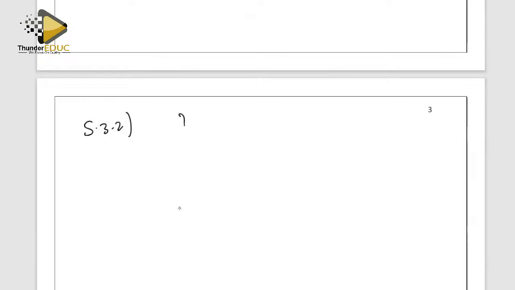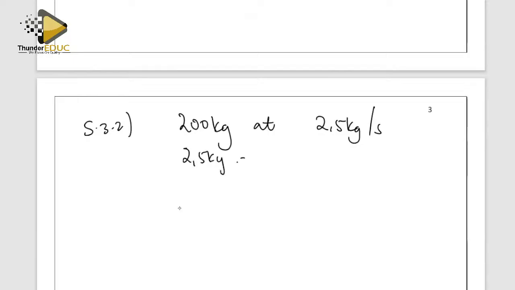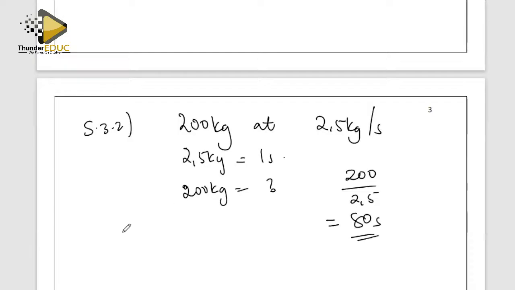5.3.2. So if we are lifting 200 kilograms at basically 2.5 kilograms every second, okay, so this is 2.5 kilograms in 1 second. How about the 200 kilograms? How many seconds are we going to need? So let's just divide this. 200 over 2.5. Let's double check. Okay, so we're saying 200 divided by 2.5, which gives me 80 seconds. So it's going to take 80 seconds to move 200